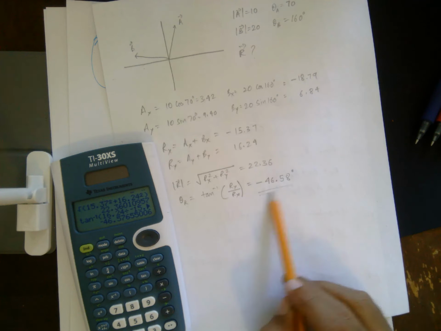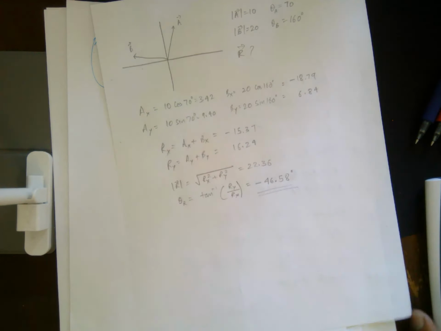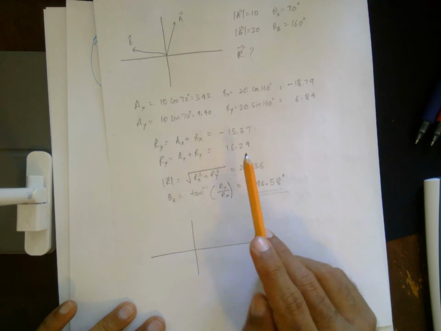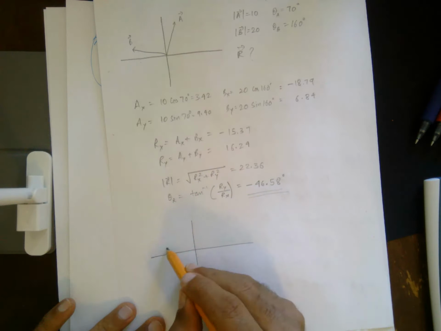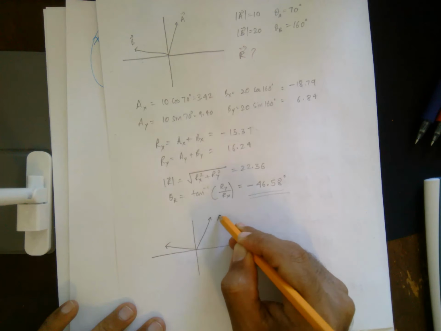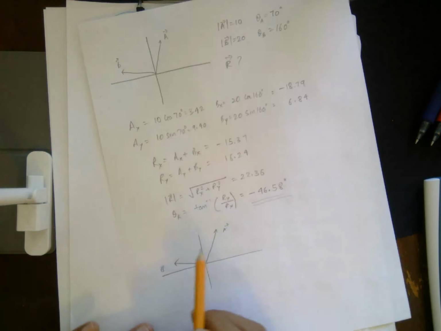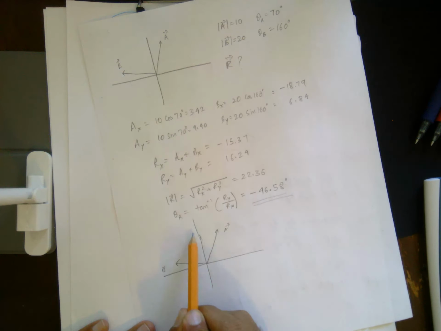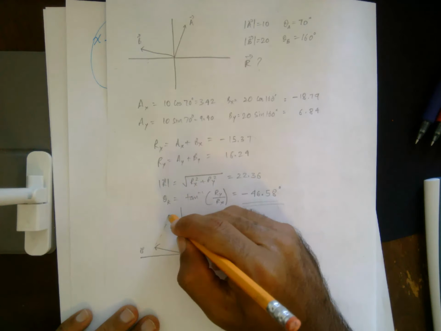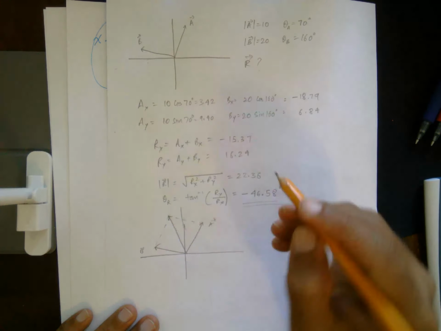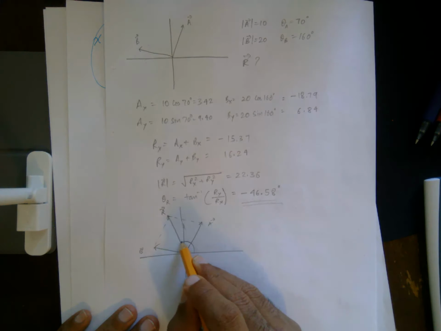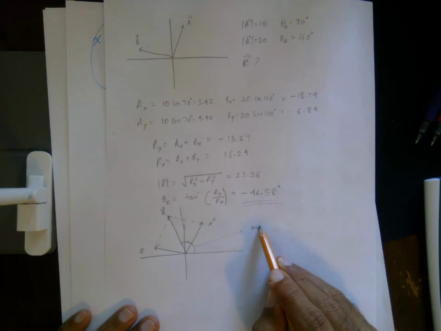What does this angle really mean when I draw the diagram? Based on Rx and Ry, I know that the sum of my vector is in the second quadrant, which means if I complete this parallelogram, then the sum is going to be in the second quadrant, and that's my angle. Now this angle is going to be more than 90 degrees,